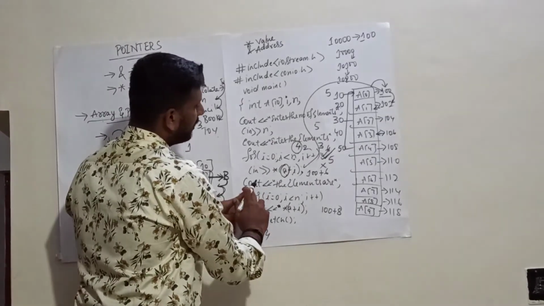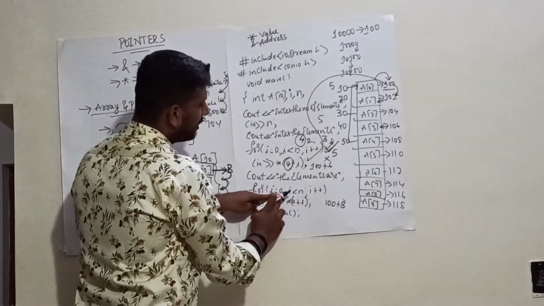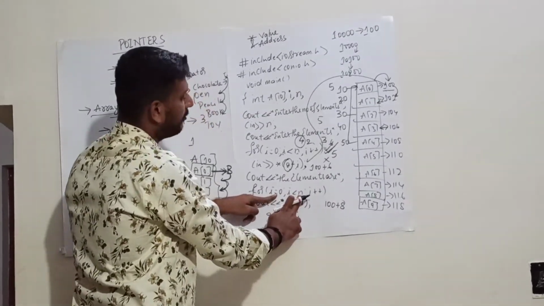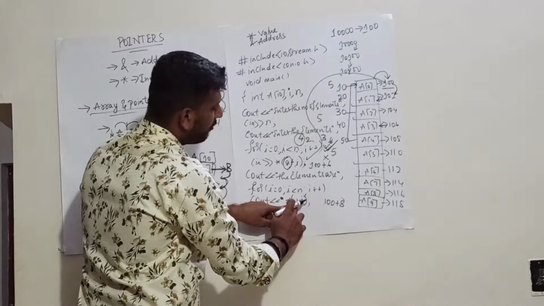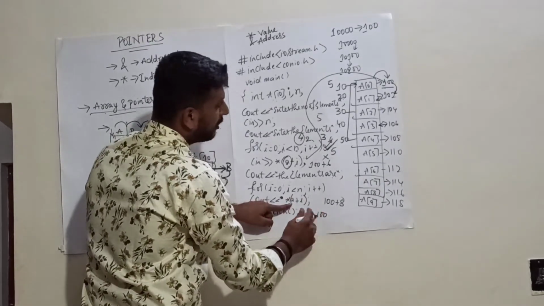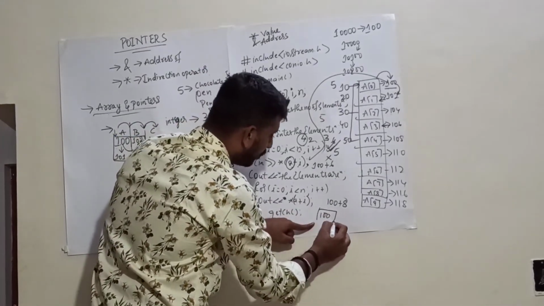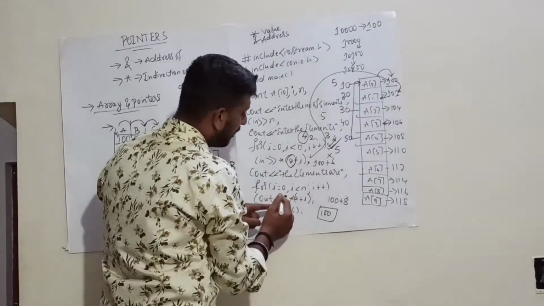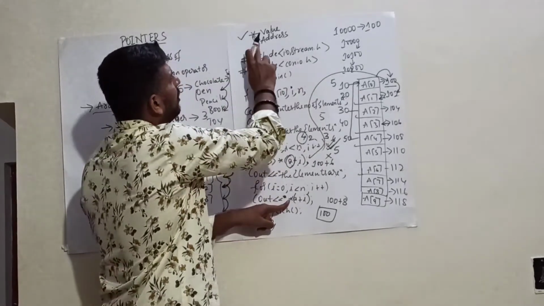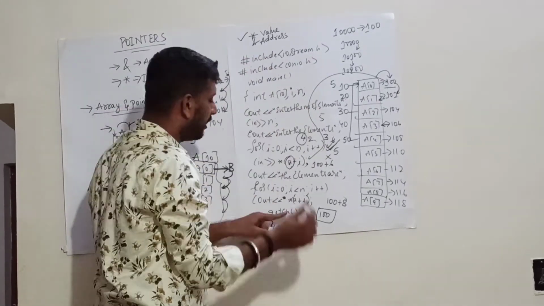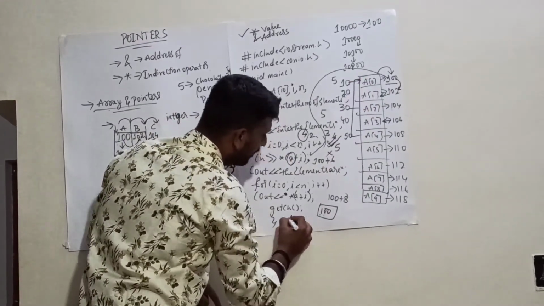Next again, what happens? You are displaying the elements, whatever you have entered. See, in the printf, I value is 0, 0 is less than n, the value of n is nothing but 5. 0 is less than 5, it is true. See, printf star of a plus I, a value is nothing but 100 because the starting address of the array is 100, I value is 0. So whatever the value you have at the address 100 will be displayed. Here I have told you in the beginning only, whenever you are using star, it is nothing but value. Whenever you are using ampersand, it is nothing but address. What is the value that is present in the address 100? It is nothing but 10. So 10 will be displayed.